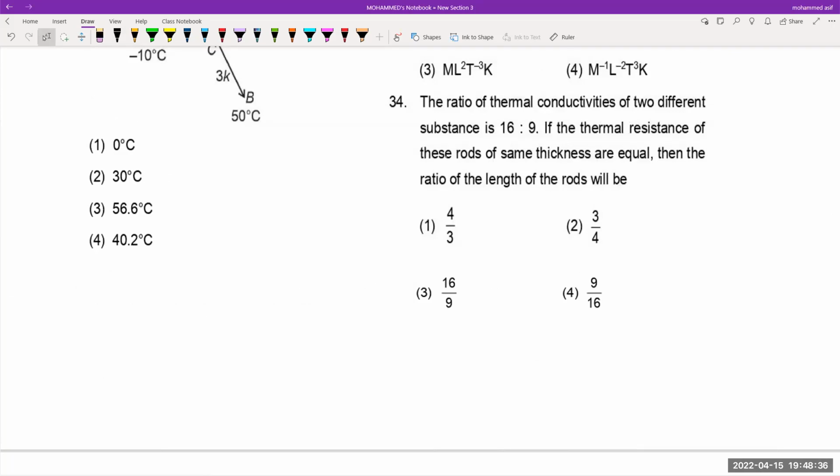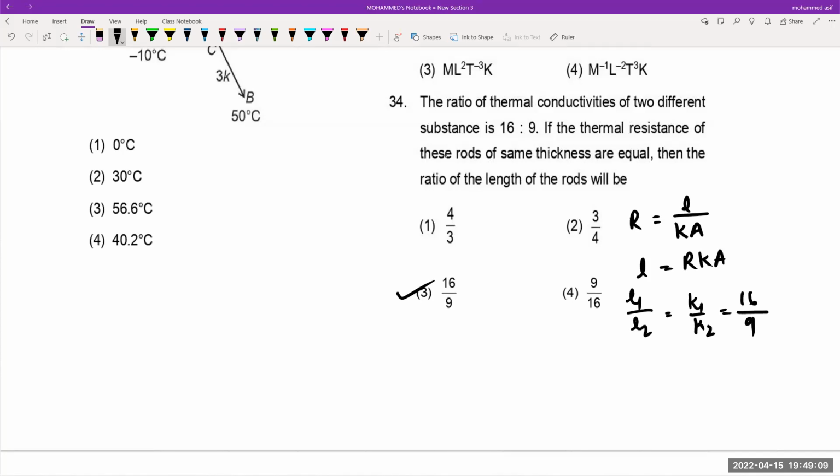द रेशियो ऑफ थर्मल रेजिस्टेंस का फॉर्मूला बताइए बेटा. R is equals to your L divided by K into your A. The ratio of thermal conductivities of two different substances are 16:9. If the thermal resistance of this rod of the same thickness are equal, then ratio of their lengths will be equal to your how much? यानी L is equals to your R K into your A. तो इसमें से L1 by L2 निकालो, that is equals to K1 by your K2. So K1 by your K2 मतलब क्या? Ratio of thermal conductivities are K1 is given 16, this one is 9. तो क्या बन जाएगा बेटा? 16:9. कितना सिंपल क्वेश्चन है,